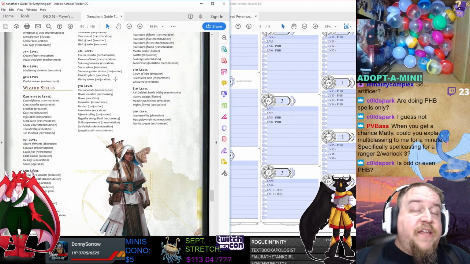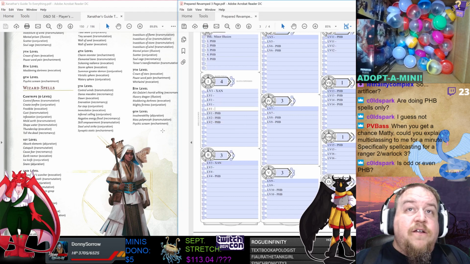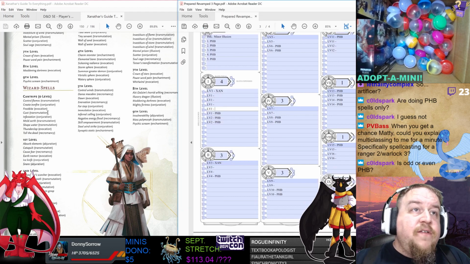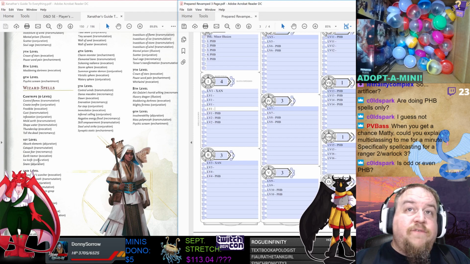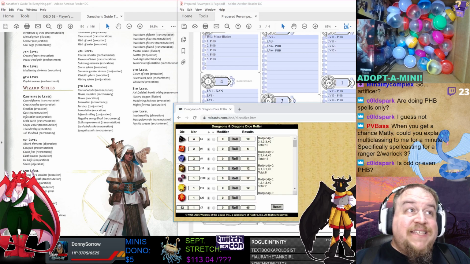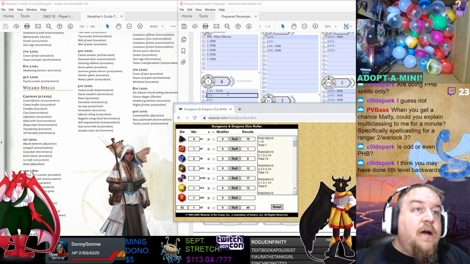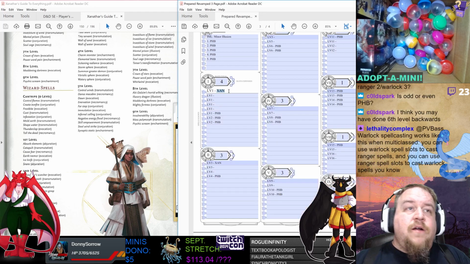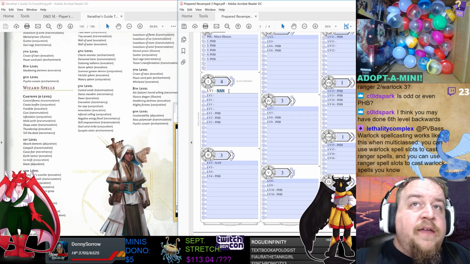Alright, so while I have Xanathar's Guide open, let's fill this in here. We need 1, 2, 3, 4, 5. 1, 2, 3, 4, 5. So there are 6 first level spells. So really, I'm going to roll a d6, and this is the one we're not taking. We're not taking Absorb Elements. Alright, so that means that we are getting